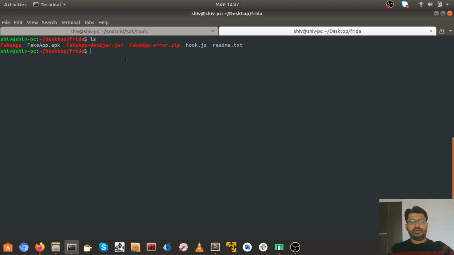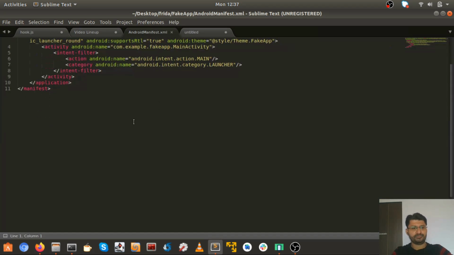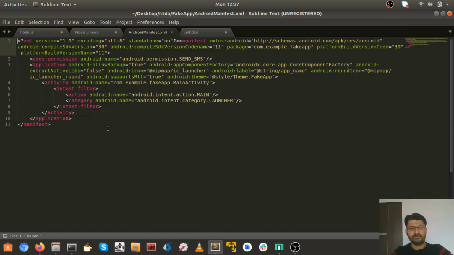So if you are into Android malware reversing, you know that first of all, what I basically do is check the Android manifest. And this is, as I told you, a very simple app. It has SMS sending permission and only one activity, the button activity, the activity that has a button which when clicked sends SMS. So okay, the manifest looks really short and easy.